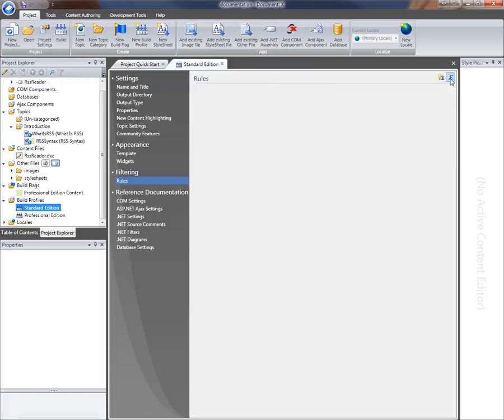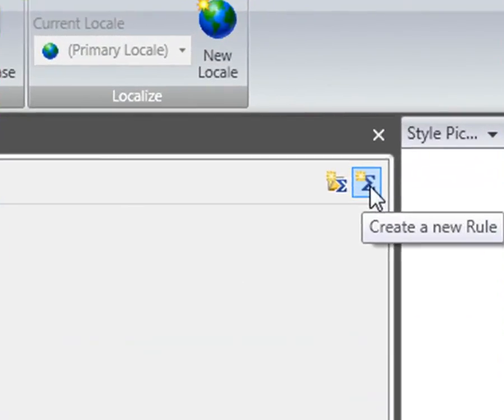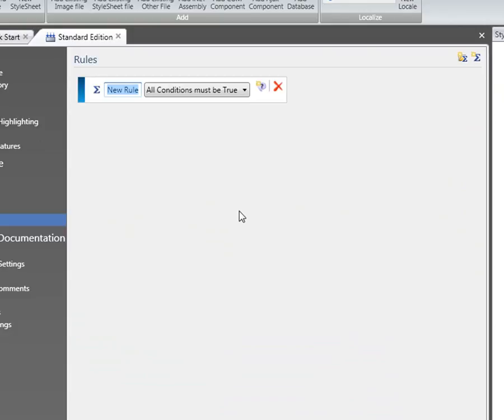So I'm going to define a rule in here that will achieve what I want to do here, which is to make sure that professional edition content isn't included. So I've created a new rule from the button at the top right of the rules page here, and I'm going to give it a descriptive name so I can recognize it when I come back in to edit it in the future. So I've called it "don't include content marked as professional edition",